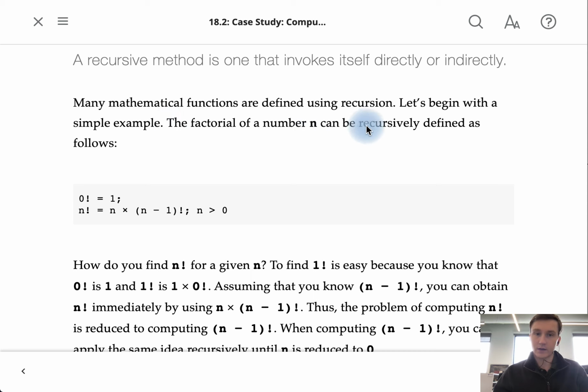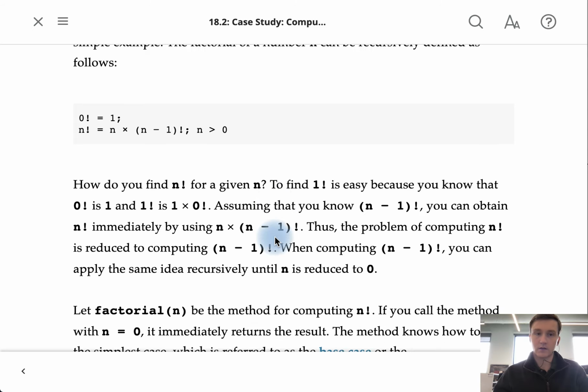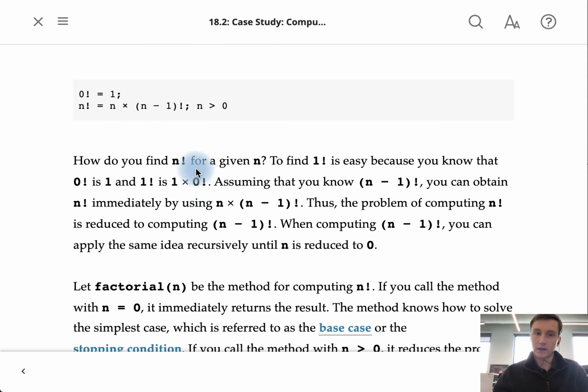The factorial of a number n can be recursively defined as follows. 0 factorial equals 1, n factorial equals n times n minus 1 factorial, where n is greater than 0. So, how do you find n factorial for a given n? To find 1 factorial is easy because you know that 0 factorial is 1 and 1 factorial is 1 times 0